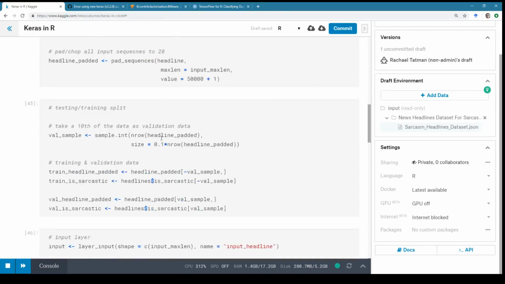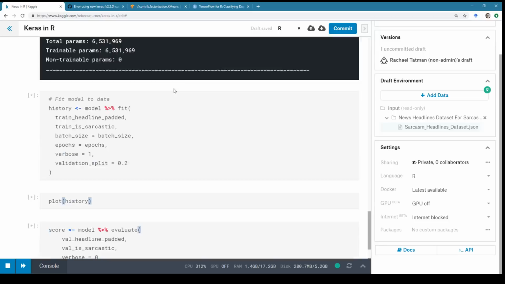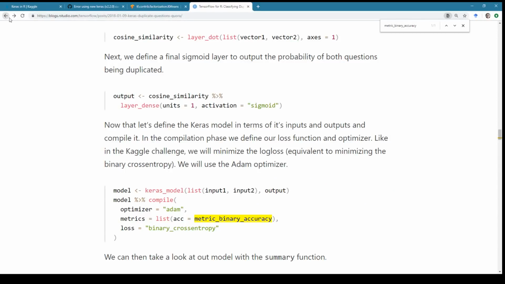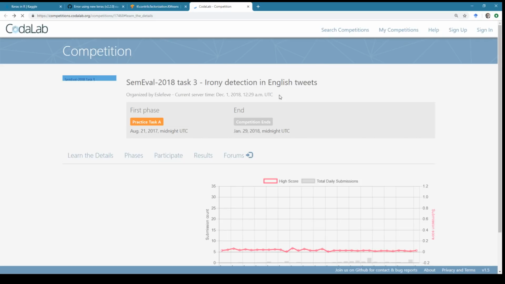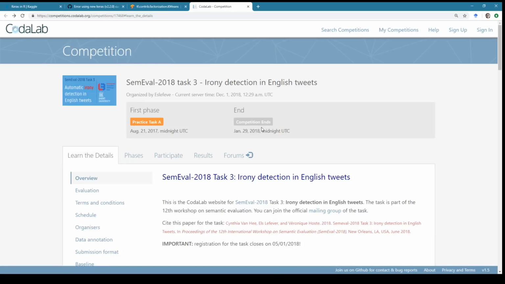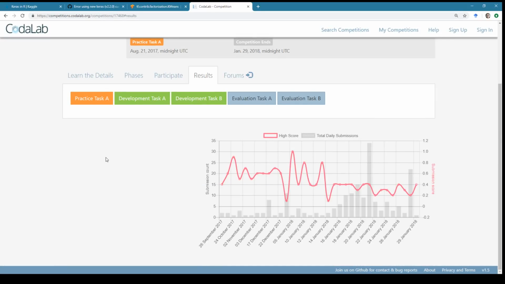And I was hoping that we could just press the button and it would train, and then we could sit around and look at, which tab was it in? Not that one. This one. And look at some of the papers that people submitted to SemEval this year. But alas, we did not. So the competition is over, and you can go through and look at the results and read all of the different approaches that people had.